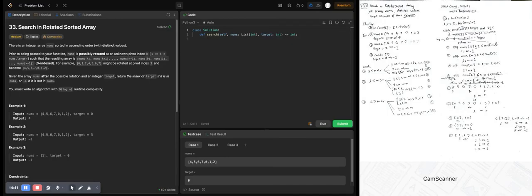Otherwise, if the mid is less than target, or target is less than or equal to the right, then we search the